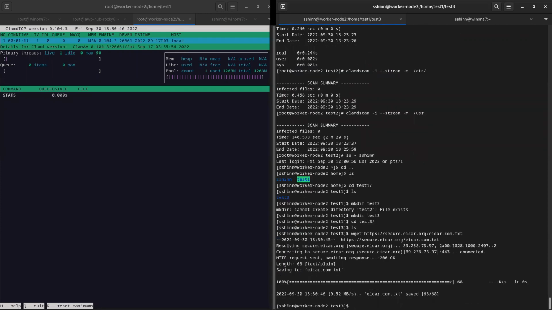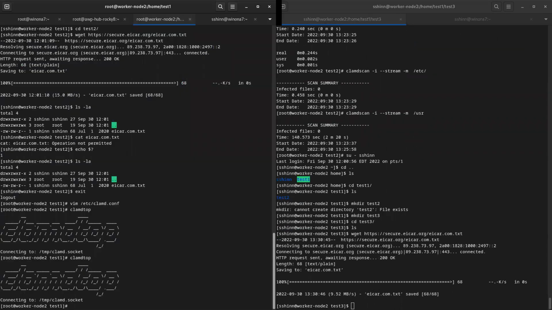Now, step one, it let me download it. Why did it let me download it, right? The reason is that I can't scan something until I access it, and in order to access it, it has to exist, right? So it has to be on the file system. If I wanted to try to get this at the network layer, this is not the way to do it. You'd need to do some kind of proxy or some kind of integration with the tools. Proxy probably more realistically.